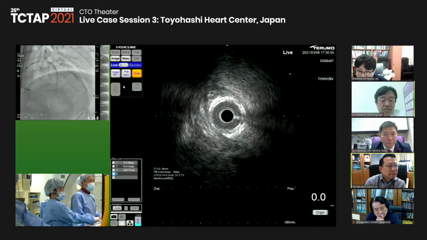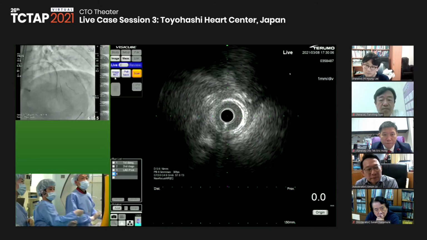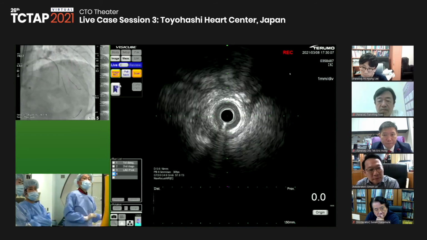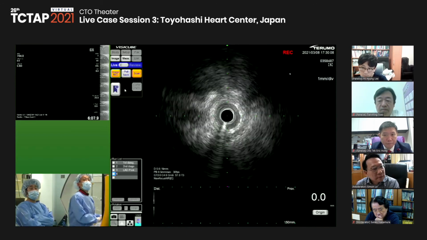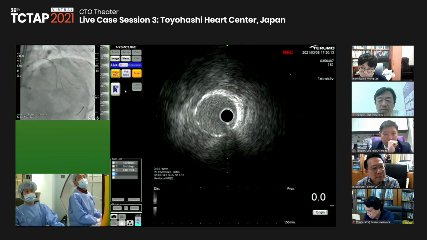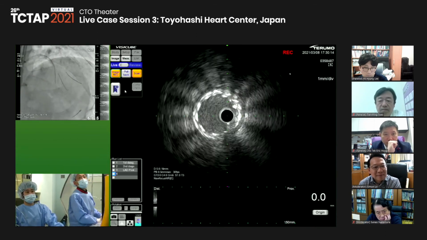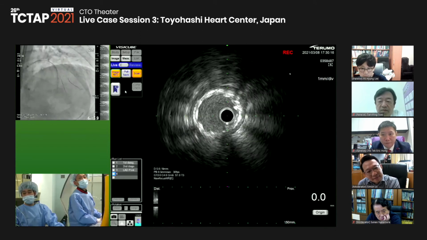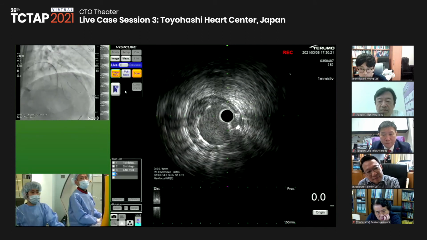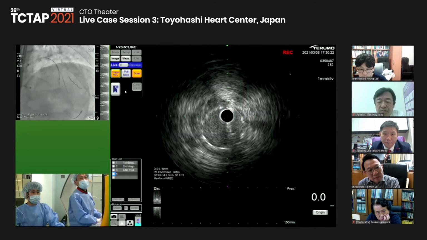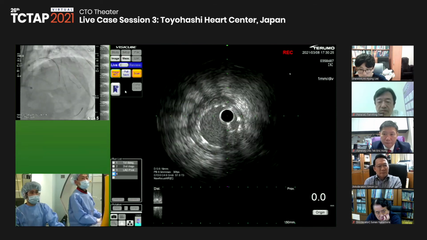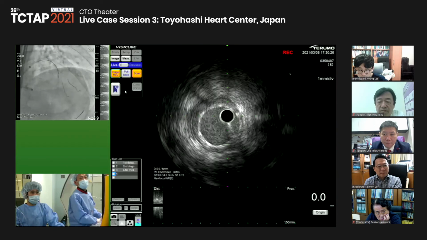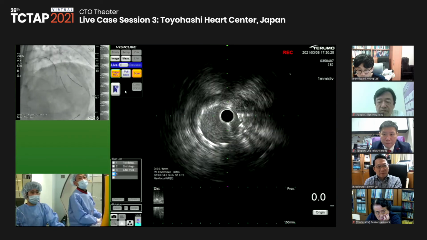Okay, stent edge is okay, maybe no dissection. Okay, plaque is beginning. So the second diagonal, it's okay.